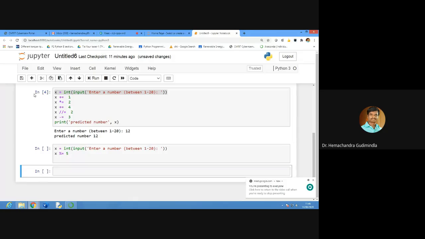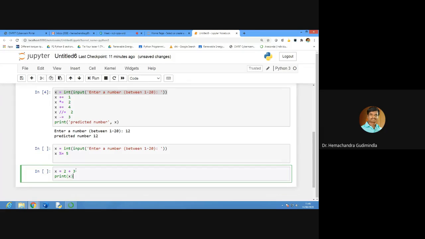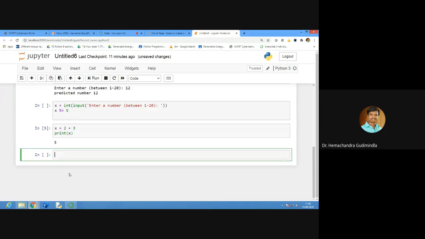Yesterday we said x is equals to, for example, 2 plus 3. Here plus is a mathematical operator. Without calling anything, it gives the answer when we print x. Some people will say the answer is 5. Even though that is a mathematical thing, I told you SQRT, right?